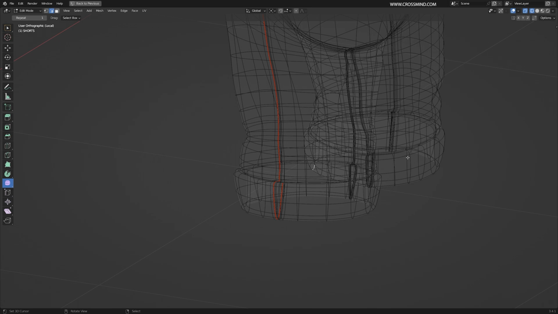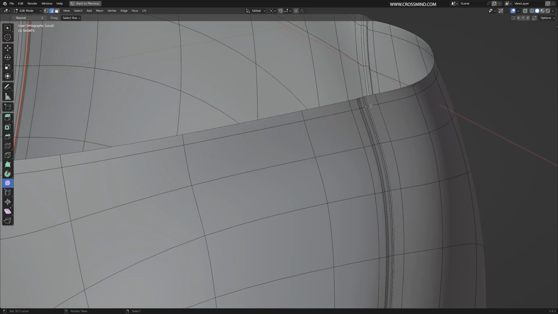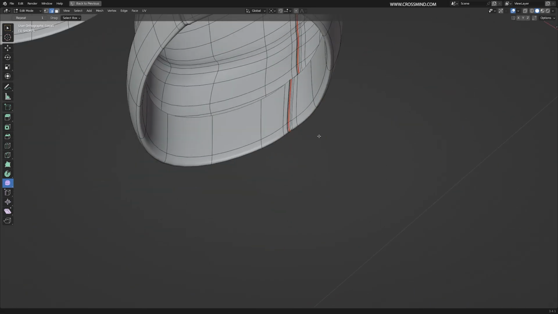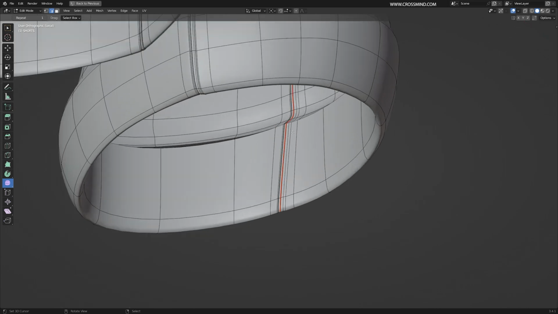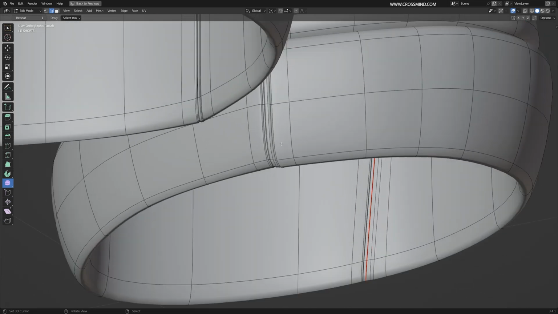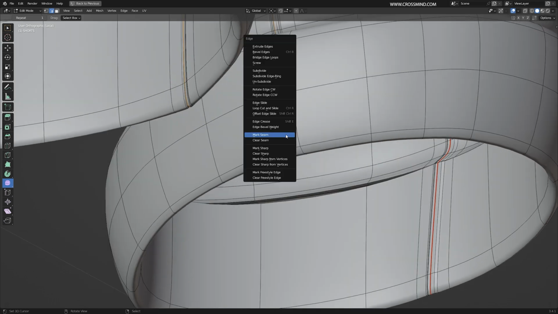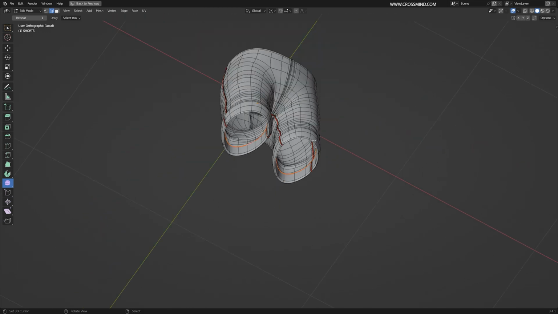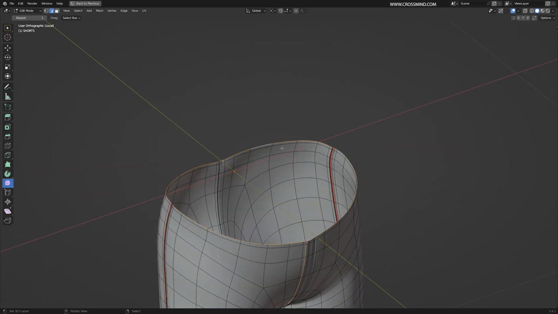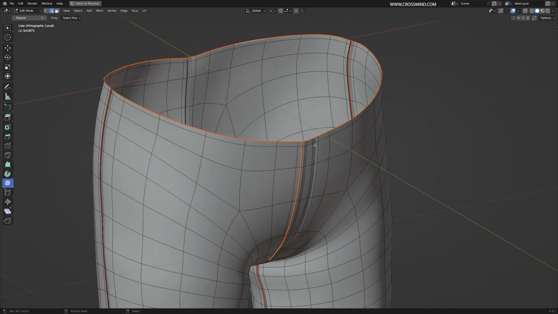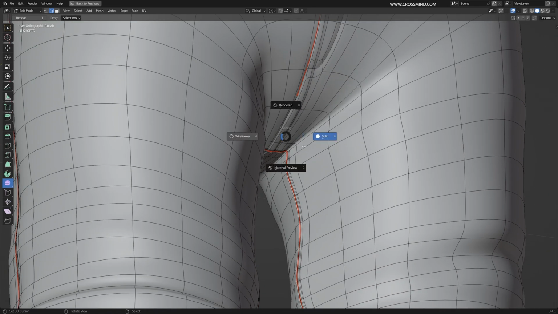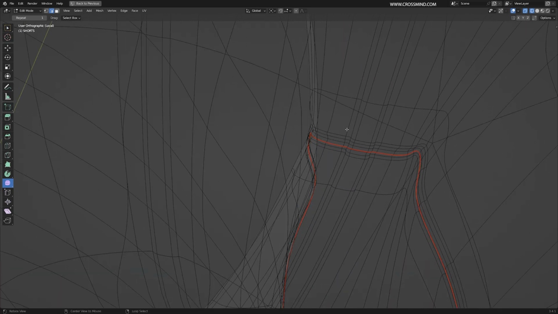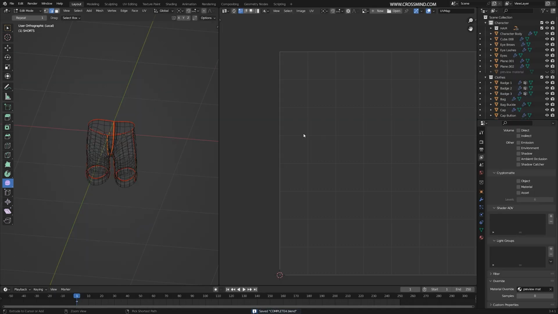So this becomes a seam from where the UV editor is going to cut it open. Do the same thing on the other side, mark seam. Just make sure it's selecting the entire loop. If there is any weird disconnection in between, just guide it until it meets the end. So here as well, I think any of these loops will work fine. Mark seam. Select all the open borders. Mark seam. And this upper border as well. Mark seams. And just make sure this edge meets here as well. Mark seam. So let's see how it turns out.